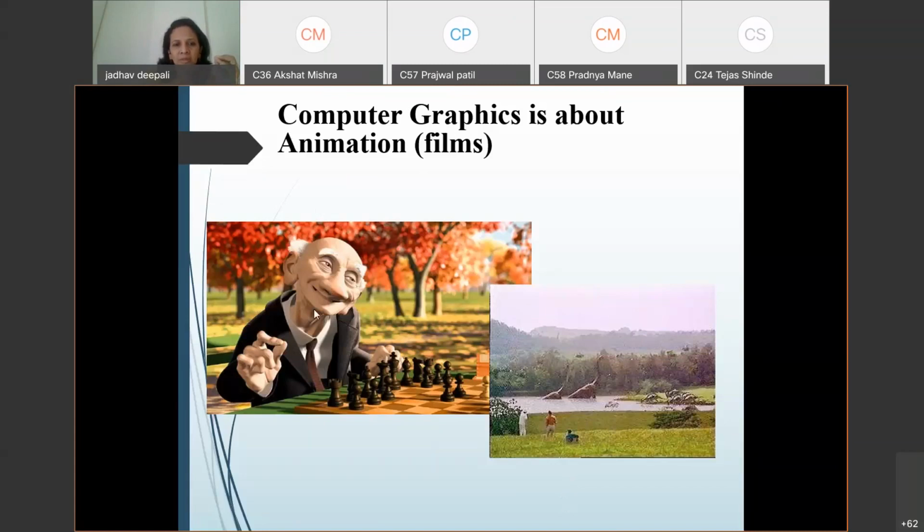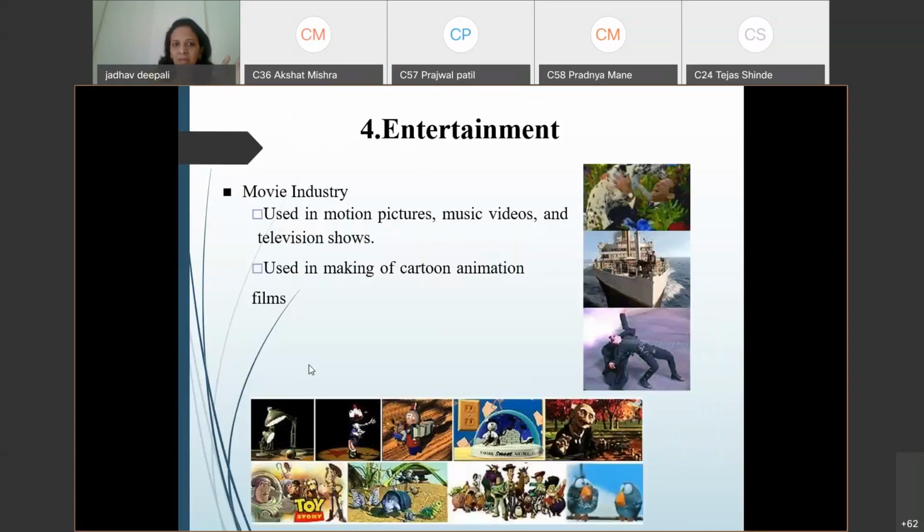You can see here the person. Is it a real person? No, it is created through animation. Entertainment nowadays is a big application of computer graphics and animation. And we are going to see two softwares showing how animation is created. For that we are going to use Blender and Scratch. Scratch is very simple software we can use for animation purposes. Blender is also there, and I know that most of the students are interested in animation.